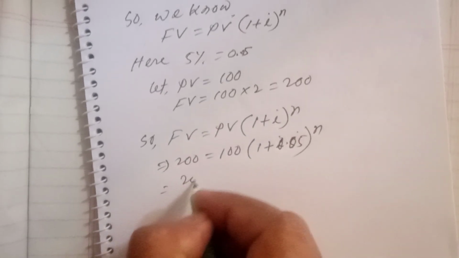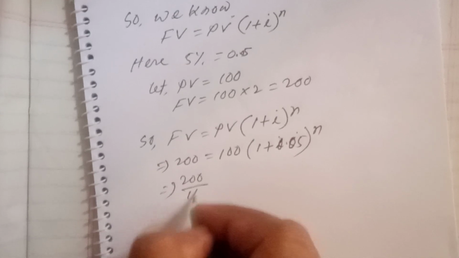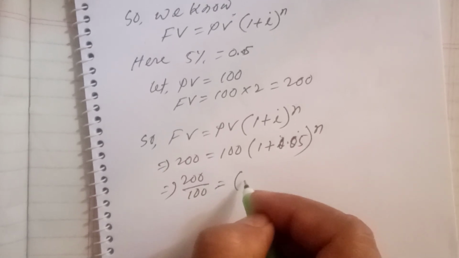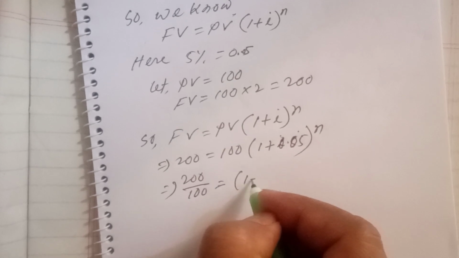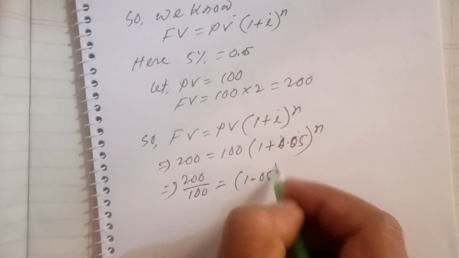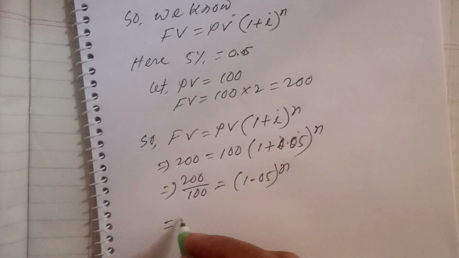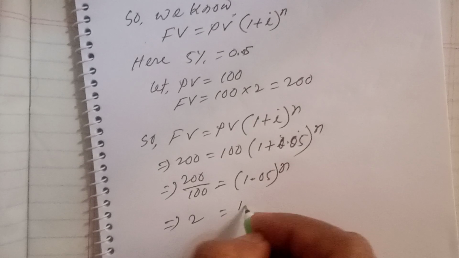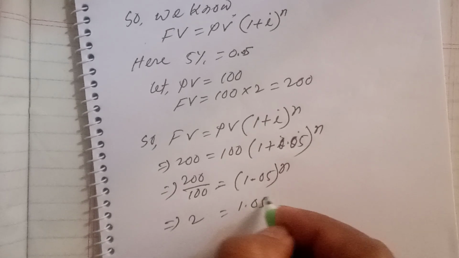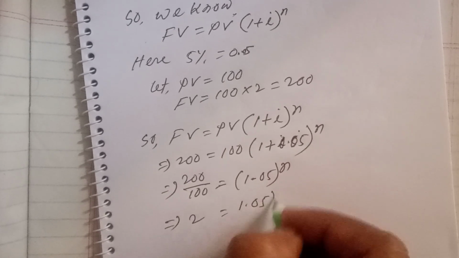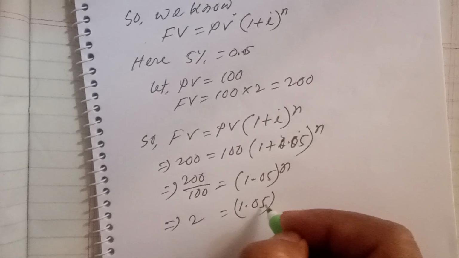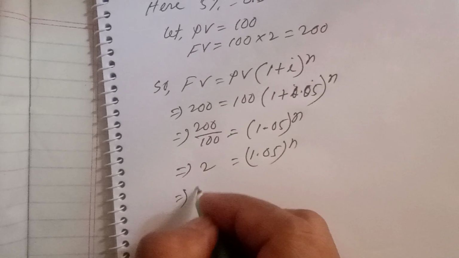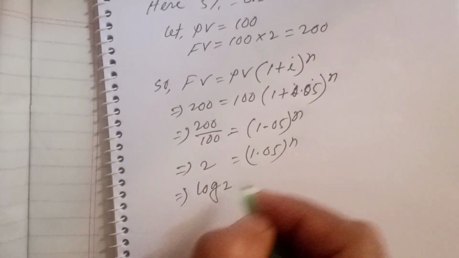So 200 equal to 100 into 1.05^n. It will be 2 equal to (1 plus 0.05)^n. So using log on both sides,